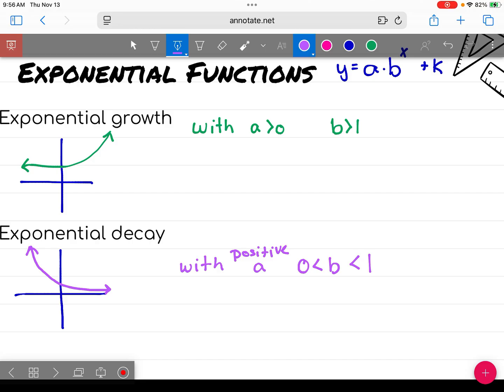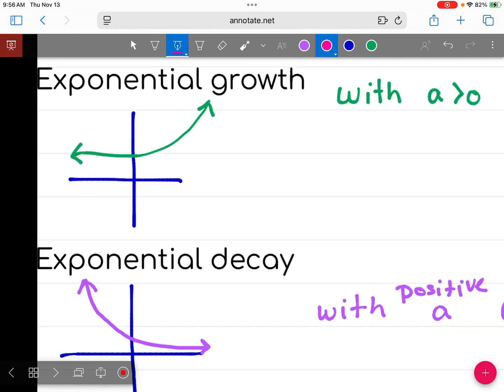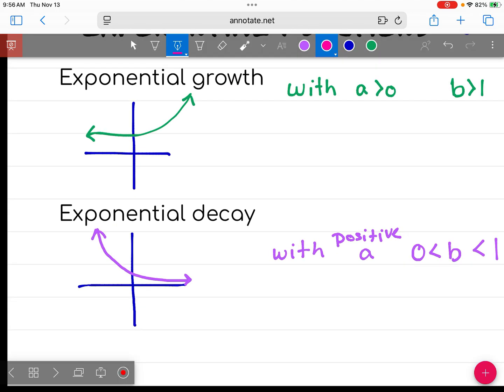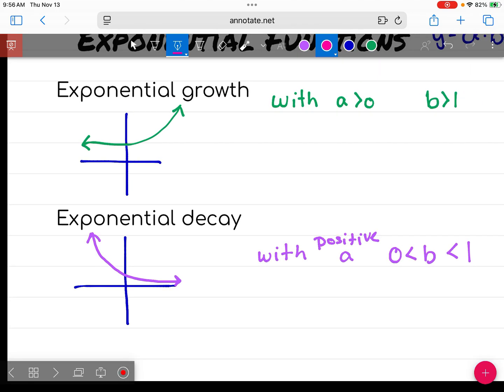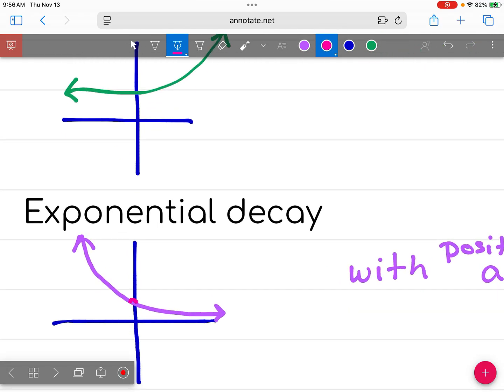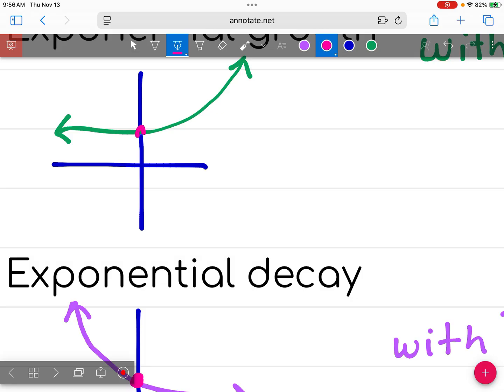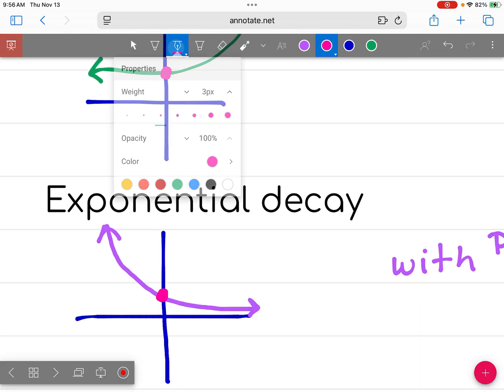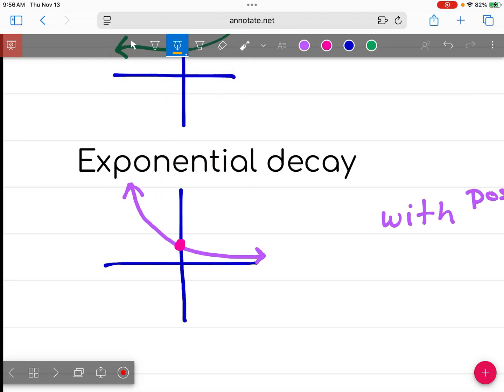What we're going to be starting to look at is trying to take either graphs or sketches and see if we can figure out where the equation is coming from. And so we're going to be looking at the a, the b, and the k and how they interact with each other. When we're looking at these kinds of equations, we are pretty much always going to be given our y-intercept. And where the y-intercept is really helpful is it can help us figure out what a is going to be,